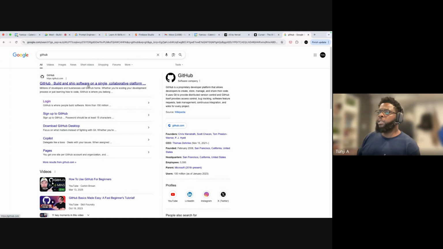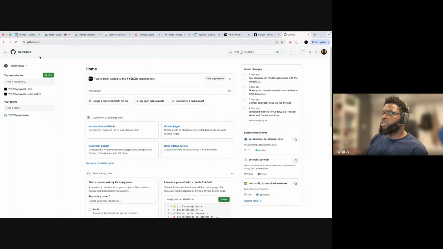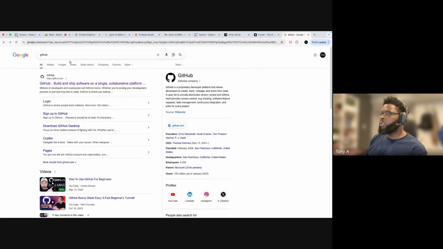So GitHub, right, is a software versioning platform. Okay. So it's based on Linux. Now, I don't think for the purpose of what we're trying to do, you have to know all the commands. I think you should know a few commands, but you don't have to know everything. And more so,